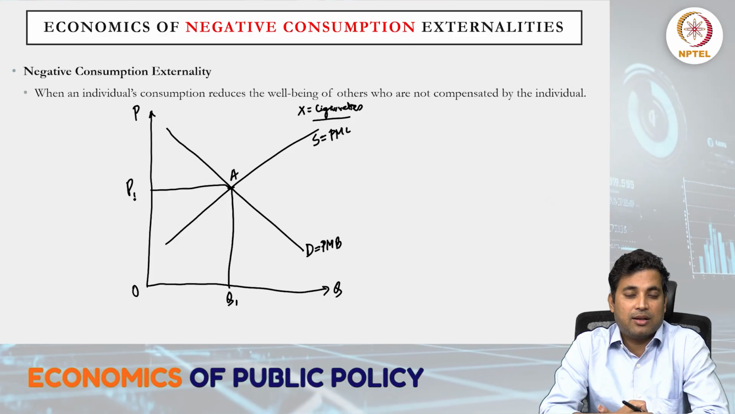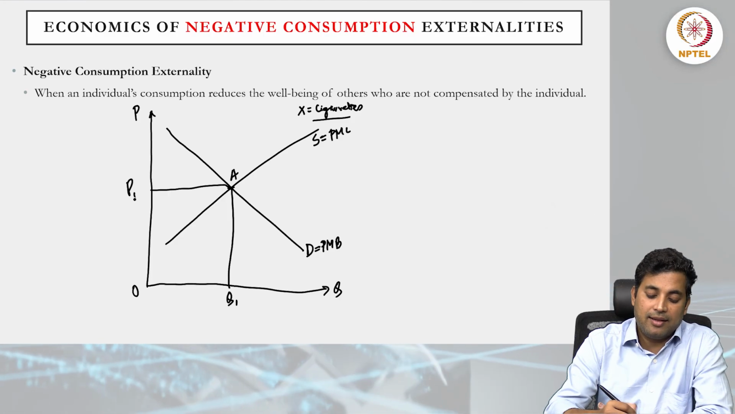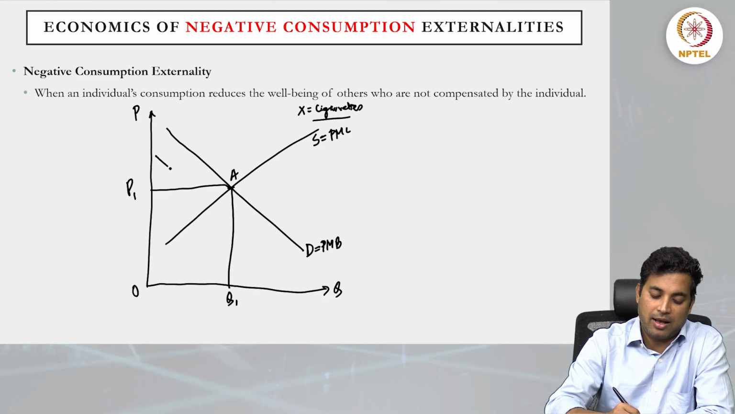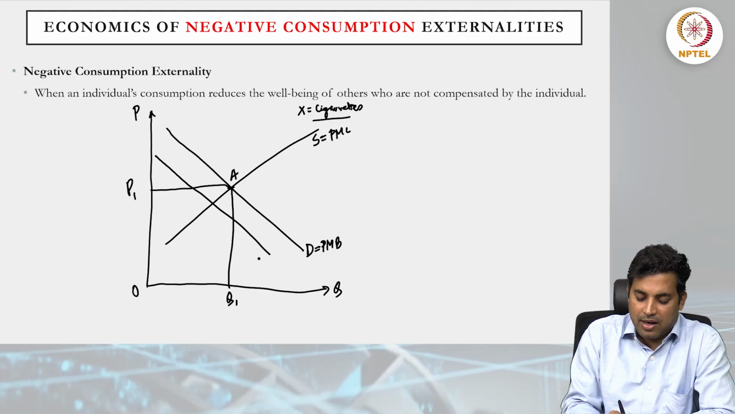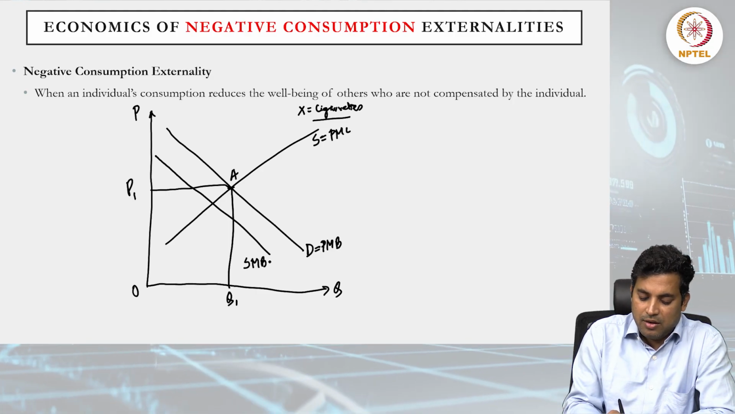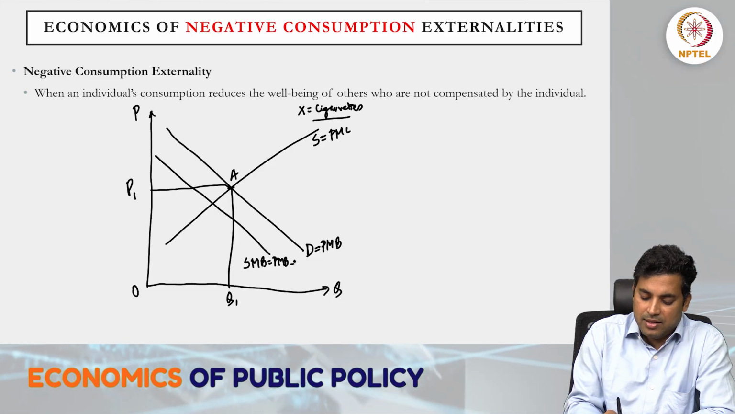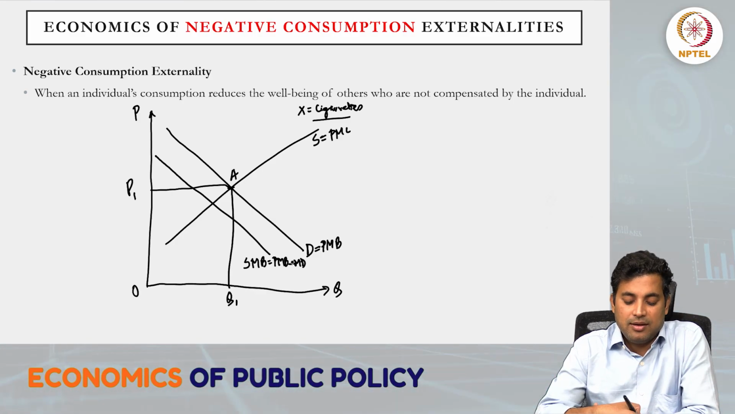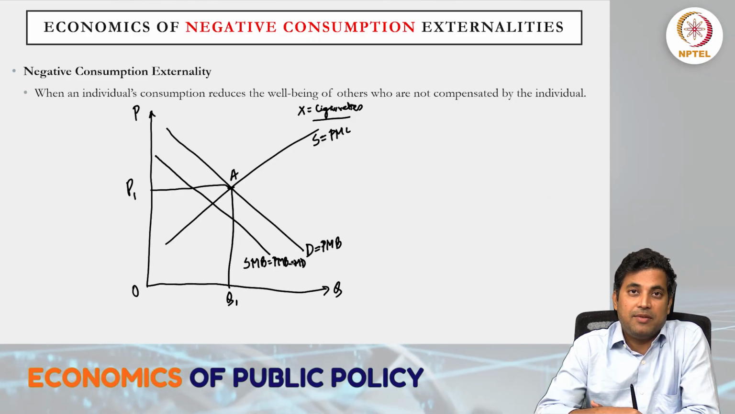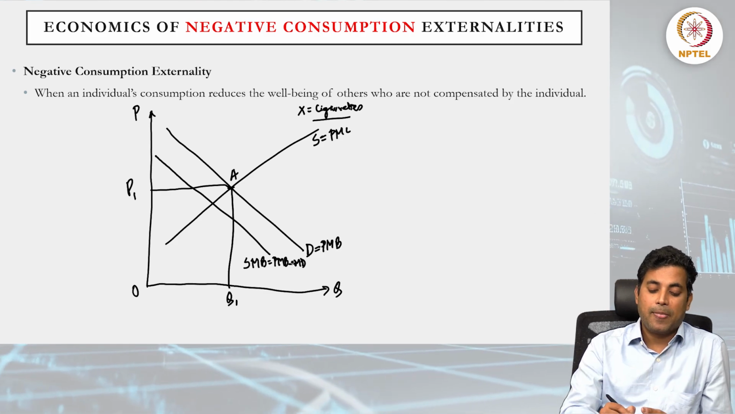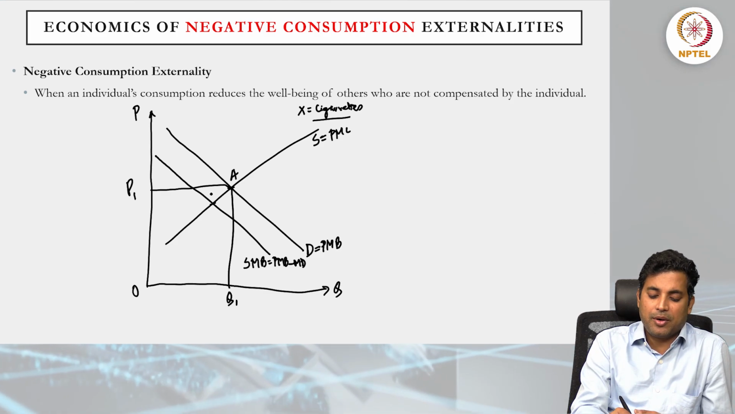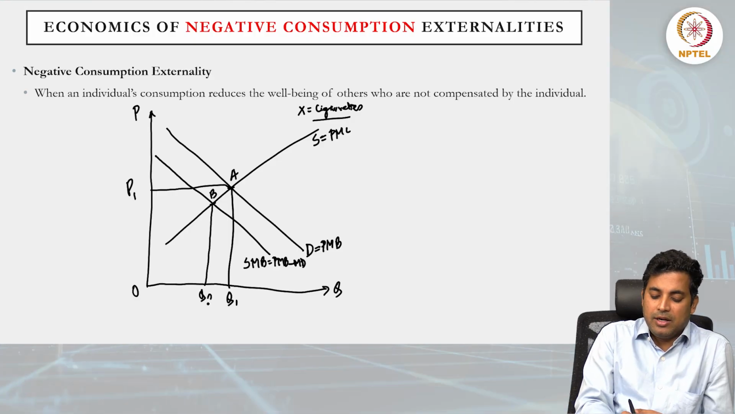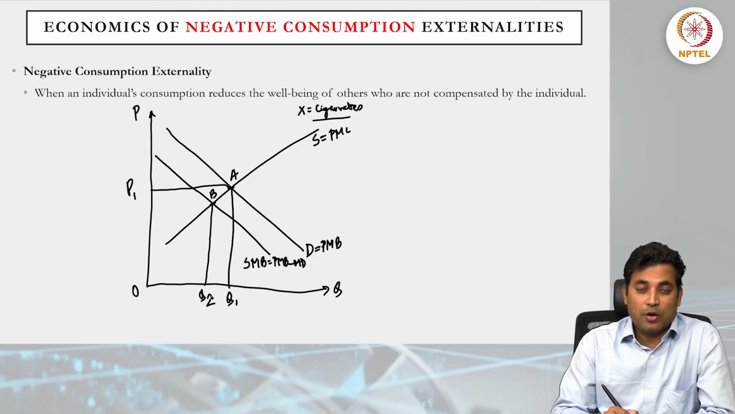Let us assume that the cost is determined by the marginal damage, and then the social marginal benefit will be different from the private marginal benefit. So there will be a different demand curve, regarded as the social marginal benefit, which is the private marginal benefit minus the marginal damage. If we deduct marginal damage from private marginal benefit, then we get the social marginal benefit. So we get another equilibrium point here, say point B, and corresponding to this point B,